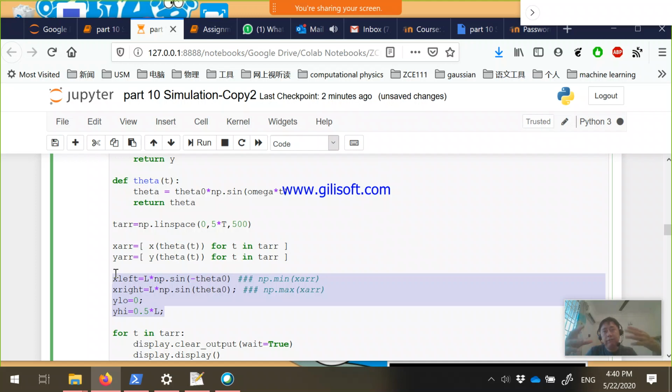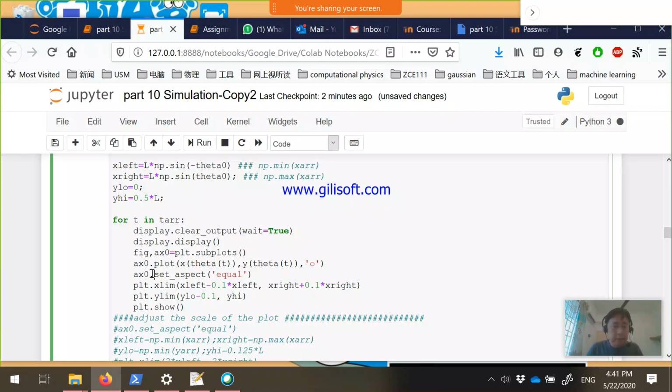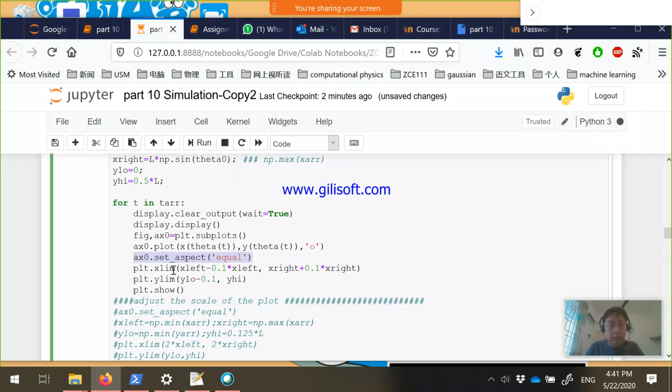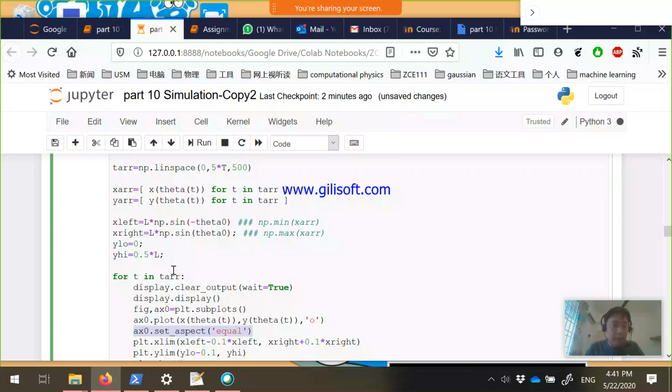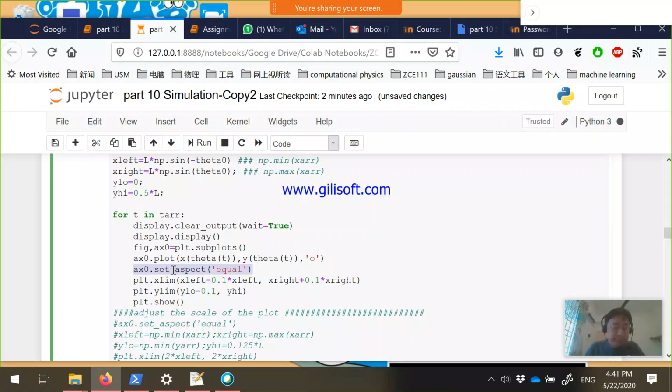So you have to learn how to adjust this frame dynamically. If the simulation doesn't appear to be working very well, then you have to adjust it. If you don't adjust it, then it looks weird. Fixing the limits of x and y is one important thing. The second thing is that you sometimes have to fix the ratio of the x and y axis. Only then does it look good. So the next thing is that you want to plot an overlap on it,